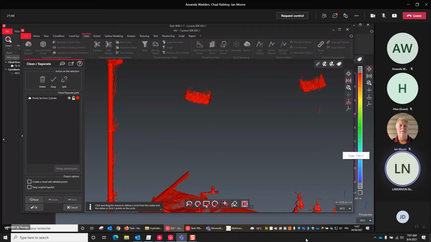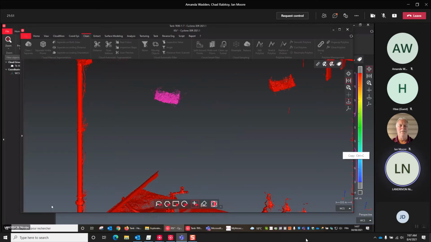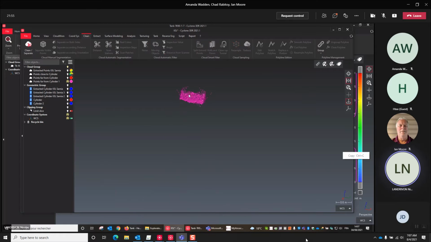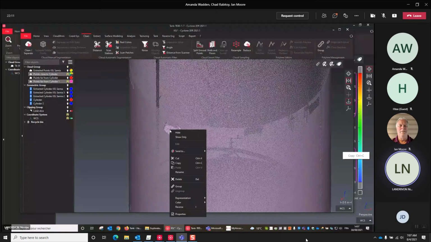So with the different selection modes, the free one, you can split. Okay, so now you can hide this one if you want, and these remaining points, if you want to add them with the points which were close to the cylinder, which is not the case here, of course. After, you can just select them and right click and group. So these are the things that we did.